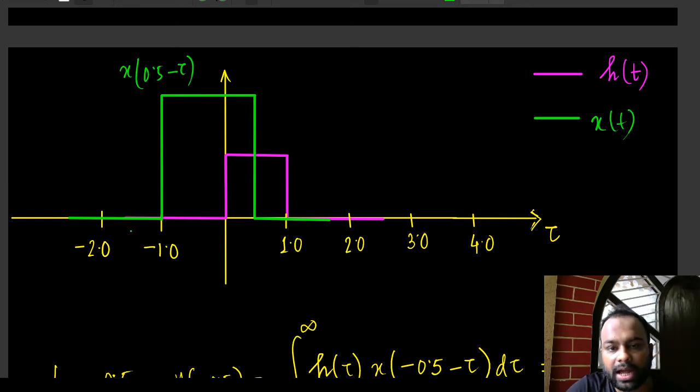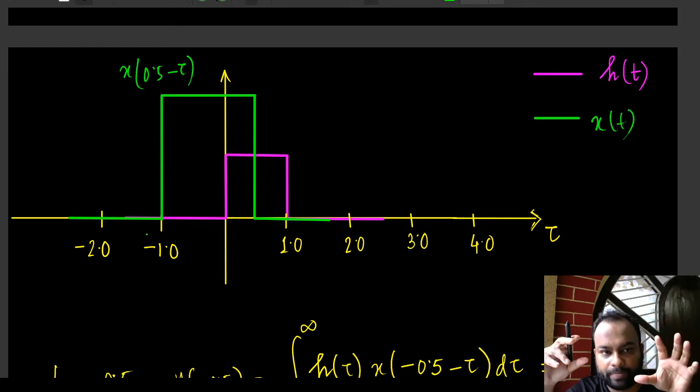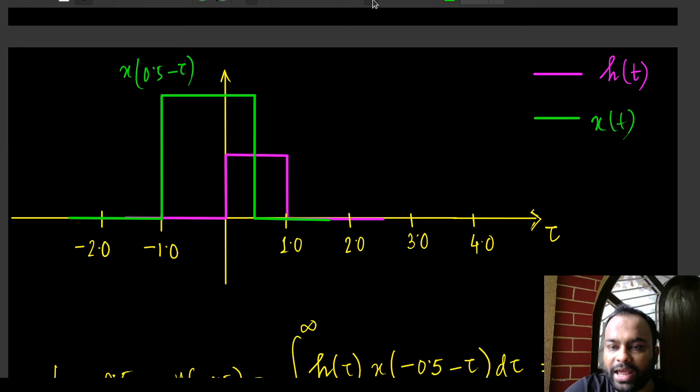So the question is, tell me what the overlap is here. If I take the product, multiply these two signals, try to understand, when I multiply these two signals, this portion is 0. This portion is also 0. Only this portion where they overlap exists. And what is the product of these two signals? The product is represented with this.